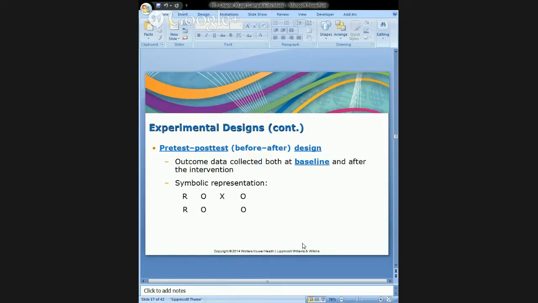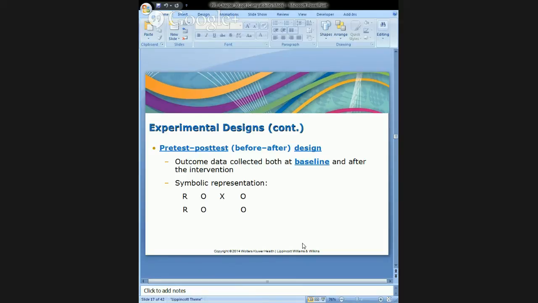Both groups, people in both groups randomly assigned to a group in that lottery fashion. In the first group, you measure their heart rate, and then you give them their cup of coffee, and then you measure their heart rate again. In the second group, you measure their heart rate, you do nothing, and then you measure their heart rate again. So you have some before and after